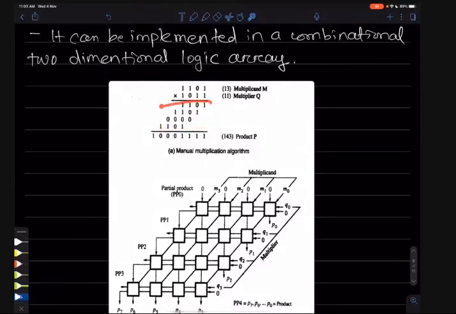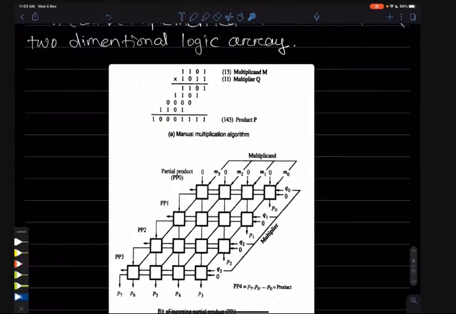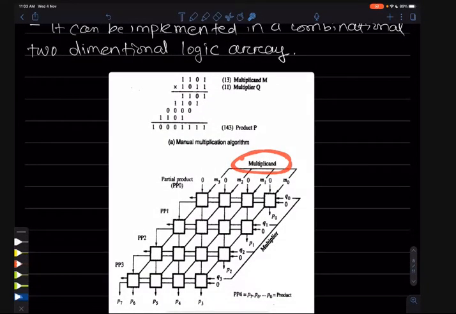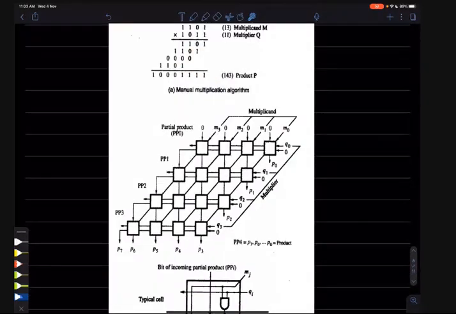If you want to create a circuit for this same multiplication, it looks like this, with each shifted bit implemented the same way in hardware. This side is the multiplicand, the top one, and this side is the multiplier, the bottom one. You will get the result here on the product side.